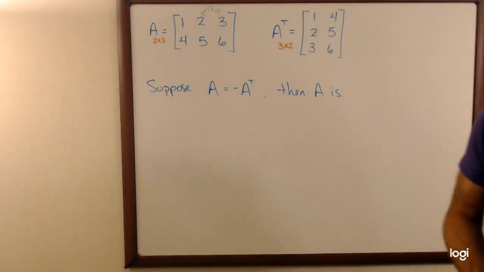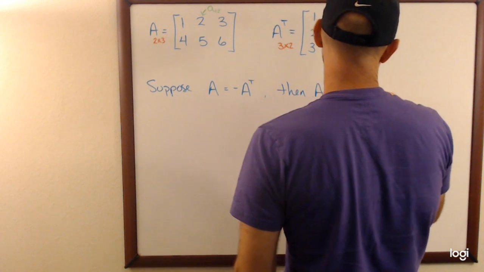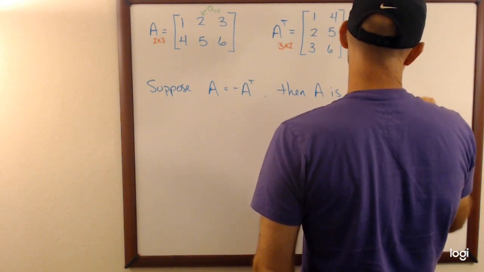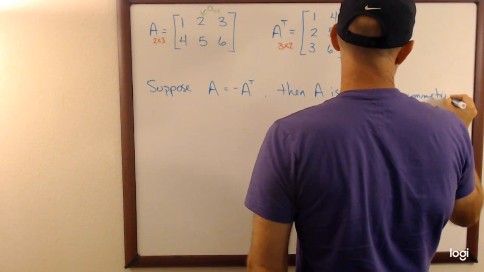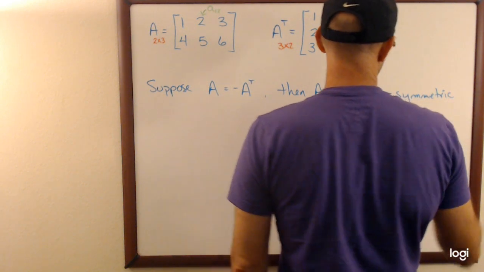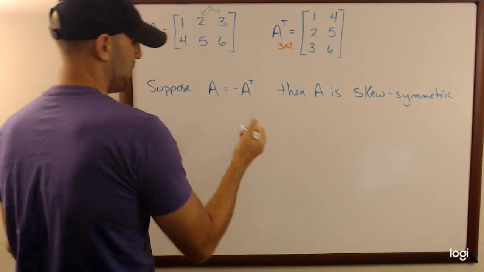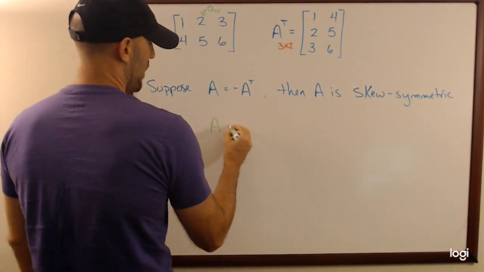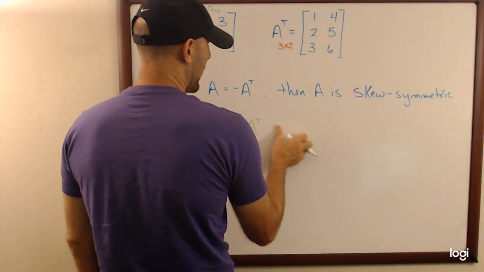Let's see, skew symmetric. That's what this is called, skew symmetric. How do I make a skew symmetric matrix? Well, maybe it'll help if I write down my definition, my index definition. So I've got A is equal to negative A transpose, and the only way I can do that